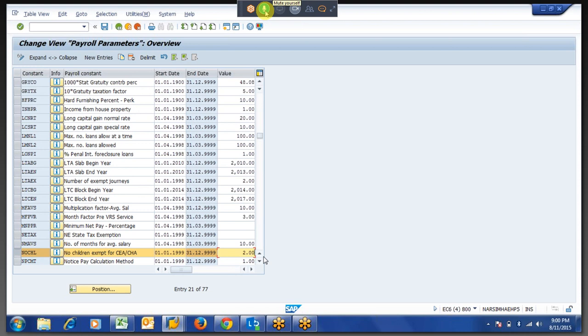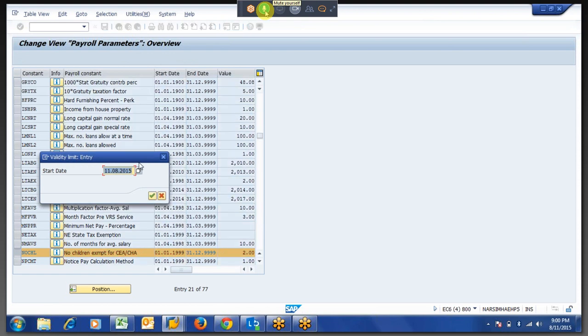We can use it anywhere. Whenever you call this table, you are storing a 5-digit code from a start date to an end date and you are putting a number. That's it. Let us say in future our Indian government allows, say, 4 children, you should not change directly over here. This is a common thing for HR people because everything is based on dates. So you can delimit from which date it is effective, and you can change that number.